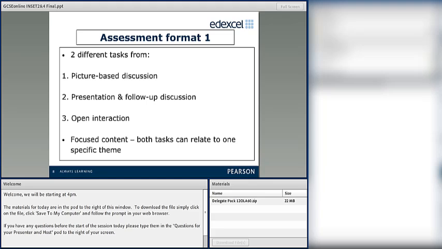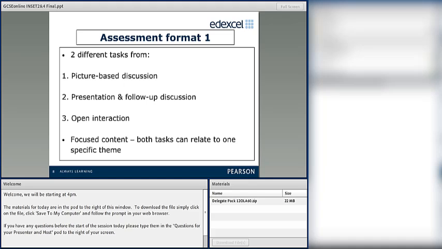Now, as we were saying before, the speaking is made up of 2 tasks, and for your candidates you have to choose 2 different tasks from a selection of 3 types. The first one is a picture-based discussion. Basically the student chooses a picture or a photograph that relates to something that interests them. It could be their own photograph, from the holidays, from a school day or something like that, or it could be someone totally unrelated to their own life. It could be a famous person, something that is aligned to the themes that we saw on the previous page.